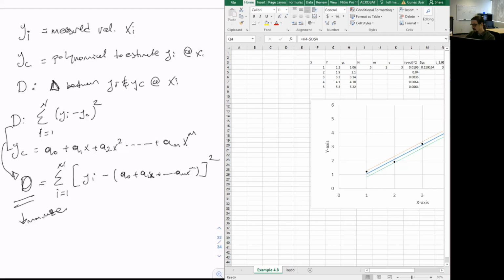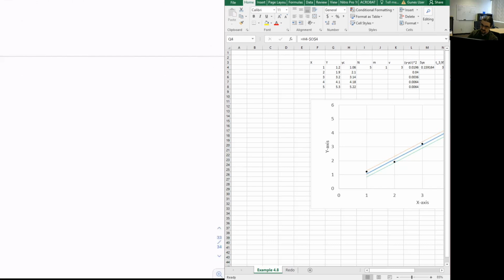Okay, and if you want to minimize a polynomial or minimize an expression, what you do is set the differential of this to 0, right? Then you can find the terms that will satisfy that relationship. To do that, we can define the differential of d as partial d partial a0 times d a0